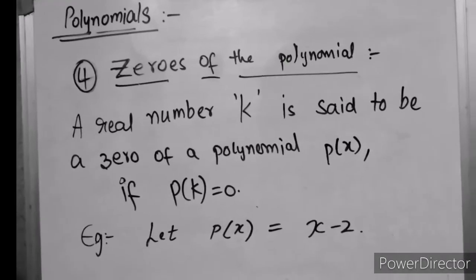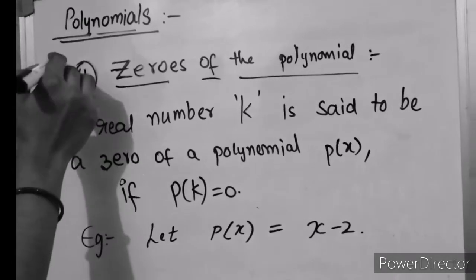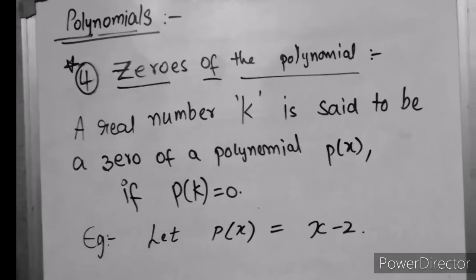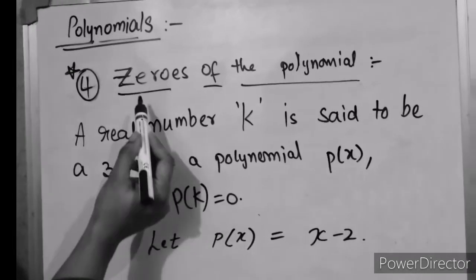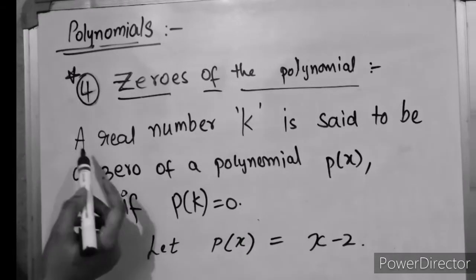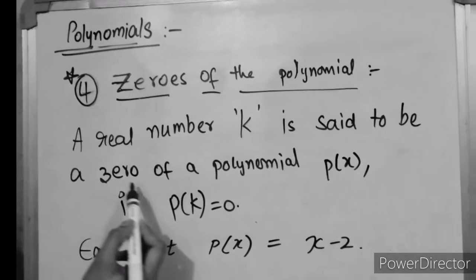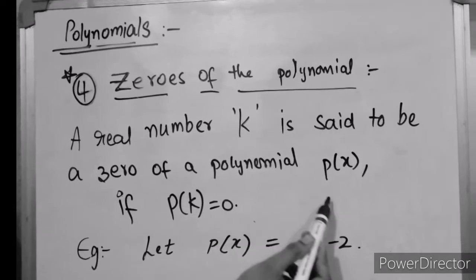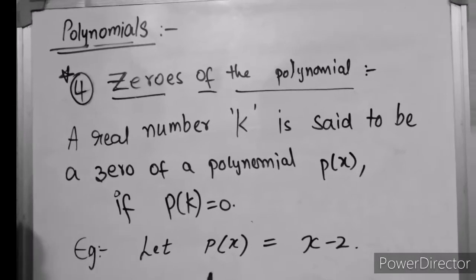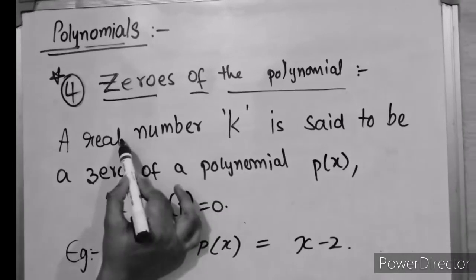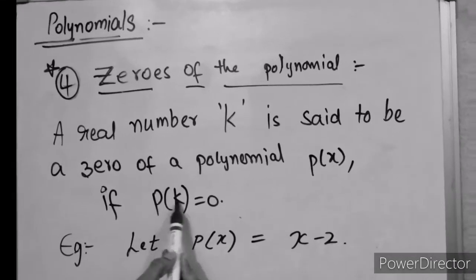At last, the fourth topic: zeros of the polynomial. This is one of the very important topics of the polynomials chapter. What do you mean by zero of a polynomial? A real number k is said to be a zero of a polynomial p of x if p of k is equal to 0. That means when we substitute this real number k in p of x, that is p of k,